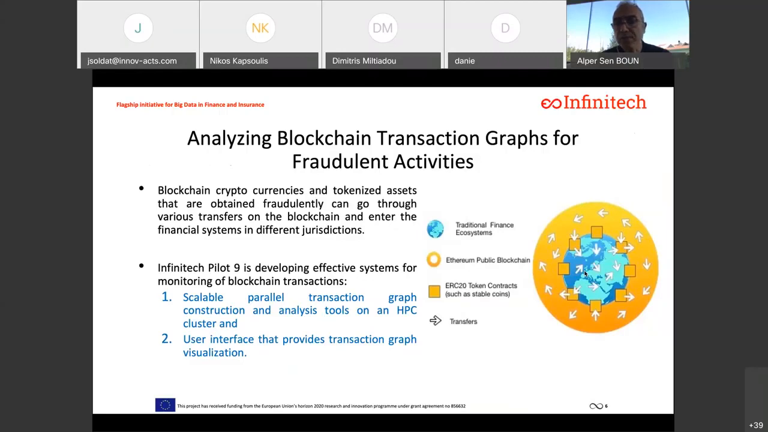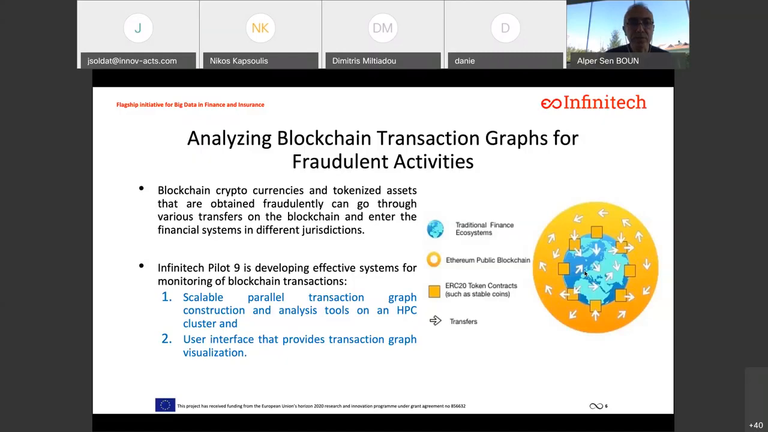So how are we doing that? Since the number of transactions in the public blockchain is growing immensely, we need a scalable solution. So we have a scalable parallel transaction graph construction and analysis technology. Essentially, we are using high-performance computing solutions here. This is our expertise in the project. And furthermore, what comes out of this technology, we have a way of demonstrating it to the end user, to the customer,